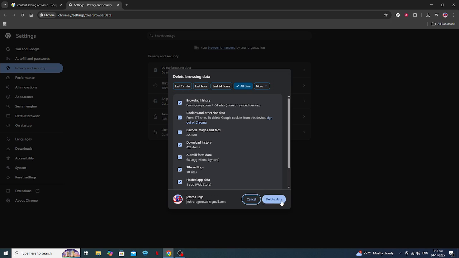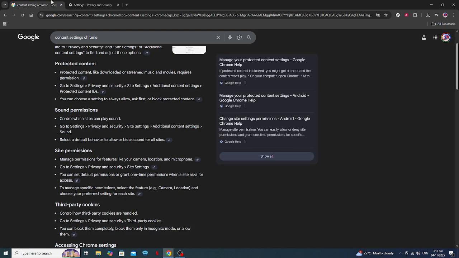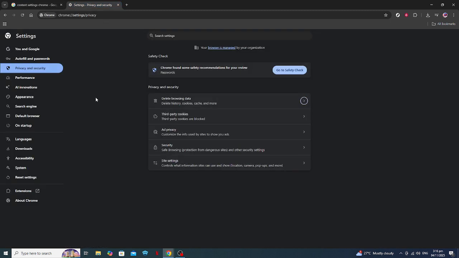After you've followed these steps, restart your Google Chrome browser for the changes to take effect. Head back to the website you were trying to access earlier and attempt the Recaptcha once more. If all goes well, you'll finally be able to check that box without any trouble. And there you have it. With these steps, you should be able to fix any Recaptcha problems you're